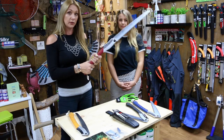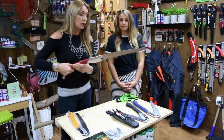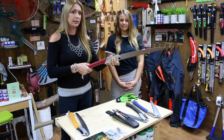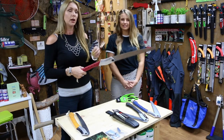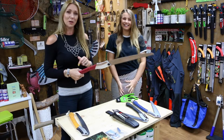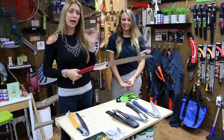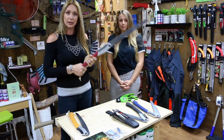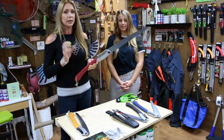it doesn't get slippery, and that's really important because even though you should not put any pressure on the push, sometimes people do, and you don't want to be slipping down that handle because it will cut skin way easier than when you cut wood. So if it's going to cut a piece of wood, it will cut your hand really quickly. So the handle being really tacky and comfortable and good to hold and good grip is really important,